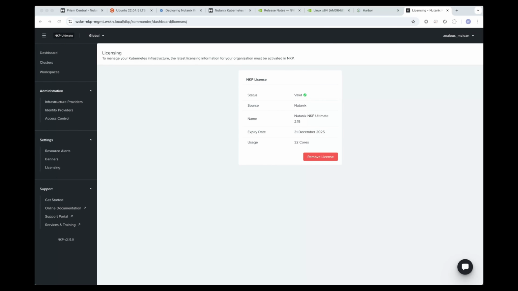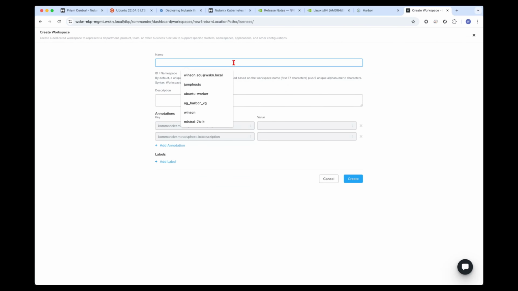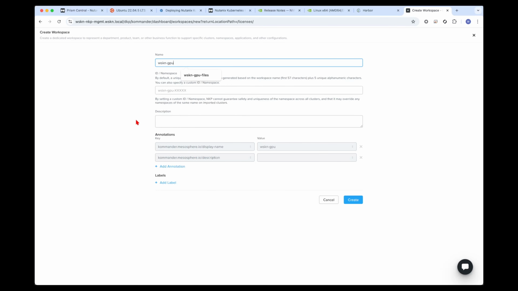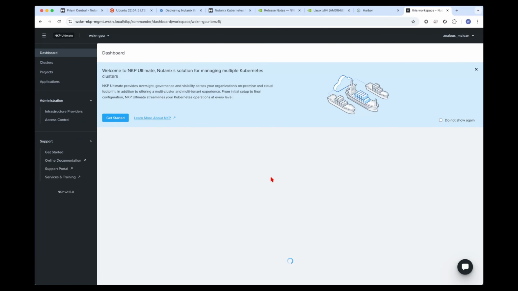So the next step will be for us to create an additional workload cluster that has got GPU capabilities. So the first thing that we need to do is we need to create a new workspace. So I can click on the drop-down box over here, create a workspace. I'll call this WSKN GPU and click on create. So once that is done, I can click on continue to workspace,